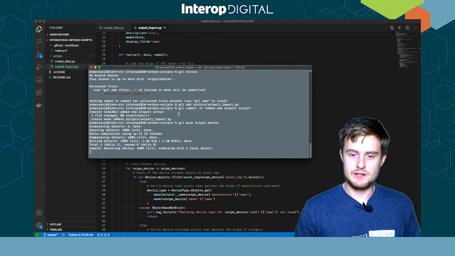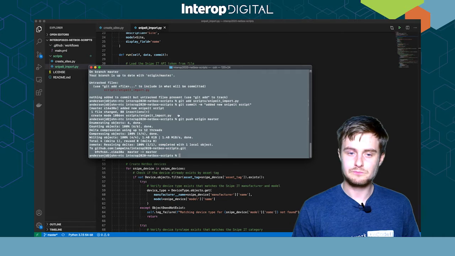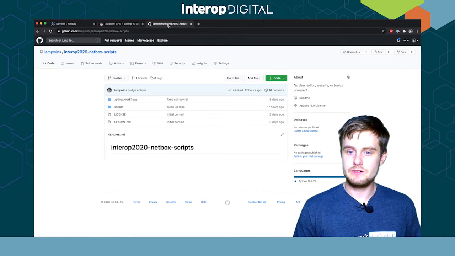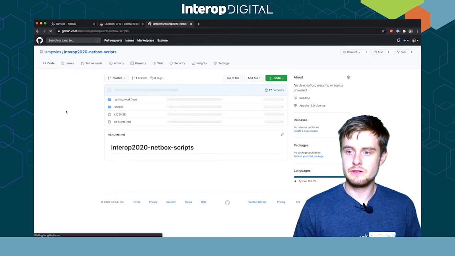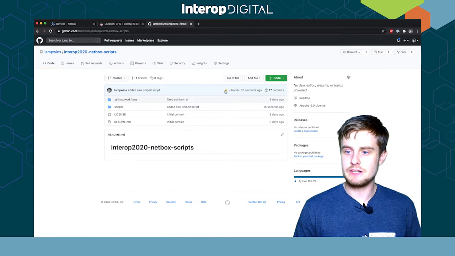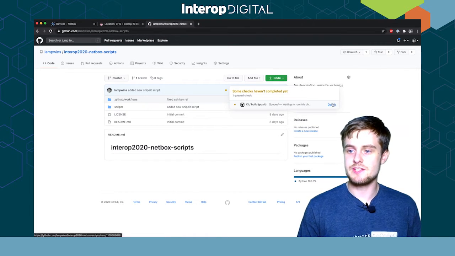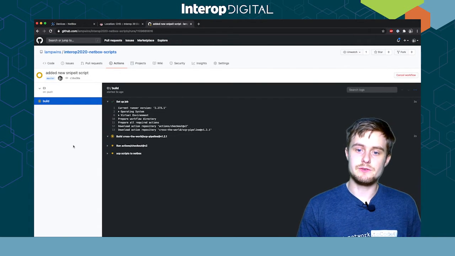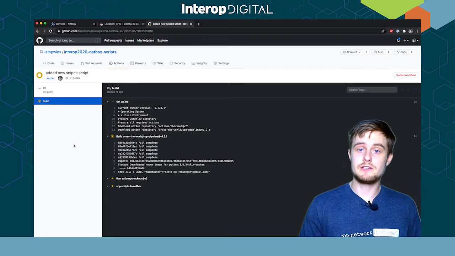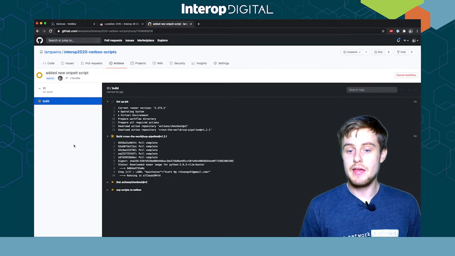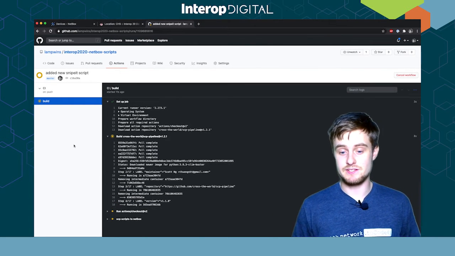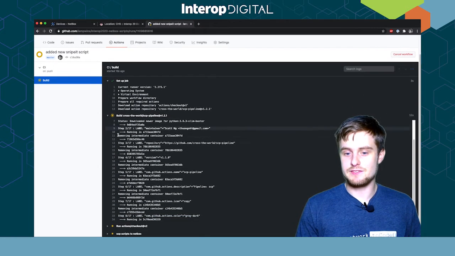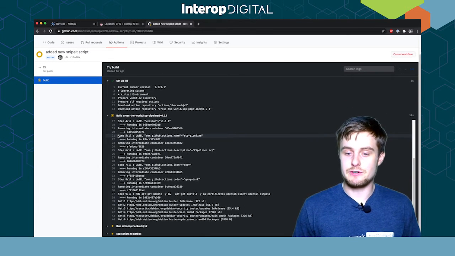We're going to push that up to GitHub. And if we come over here, we've got a new action, a GitHub action which constitutes our CI/CD pipeline. It's a very simple pipeline. All it's really going to do is take the content of the repo and push it to our production NetBox instance. Now, of course, you could do more complicated things like testing of the actual scripts and so forth, but